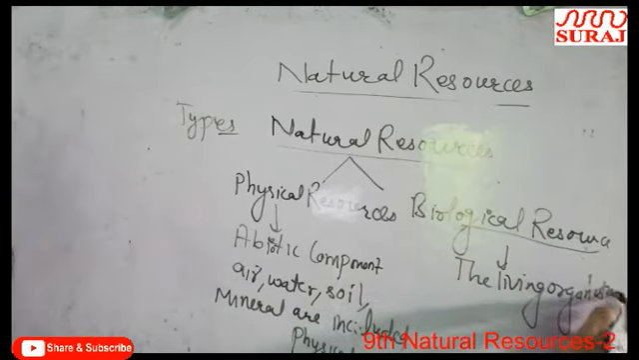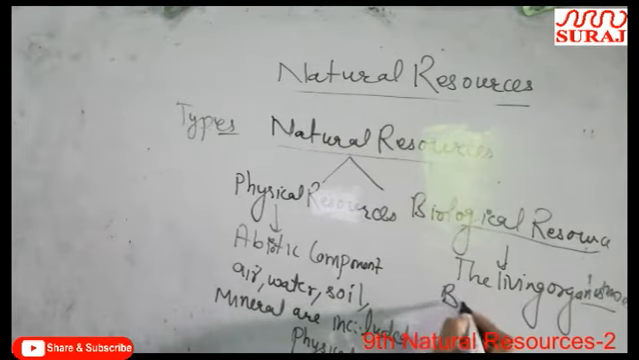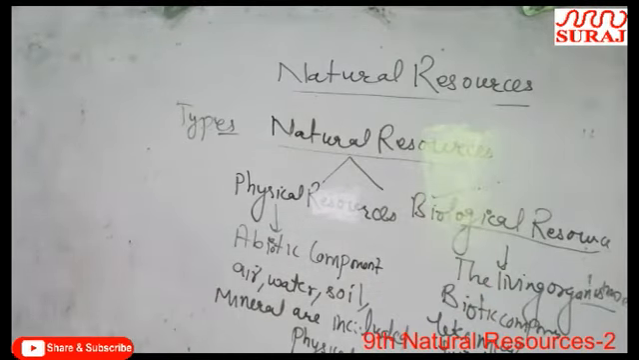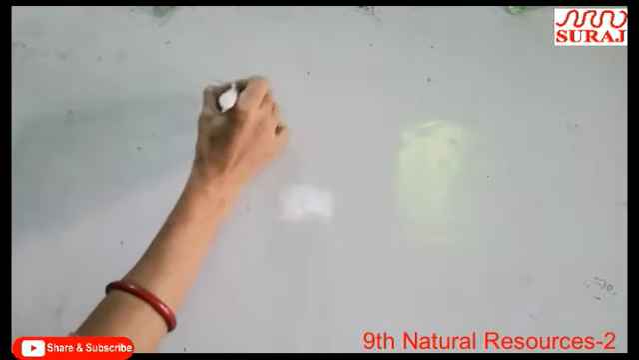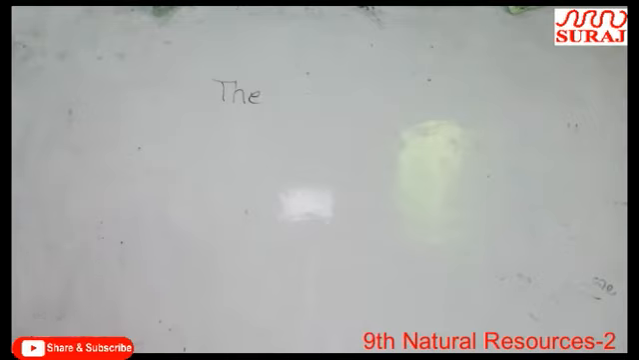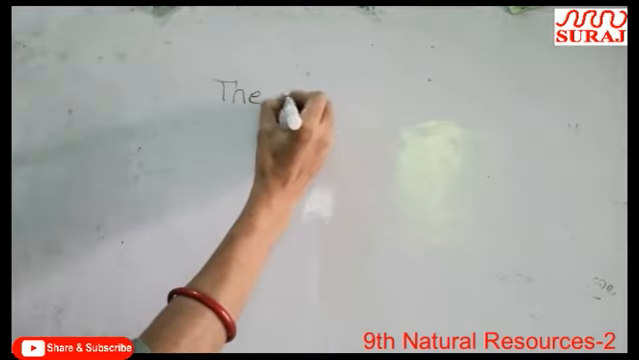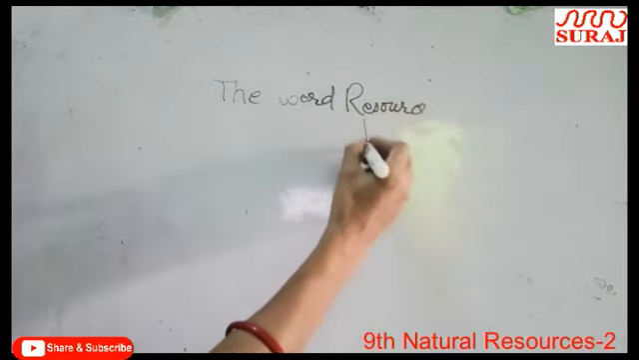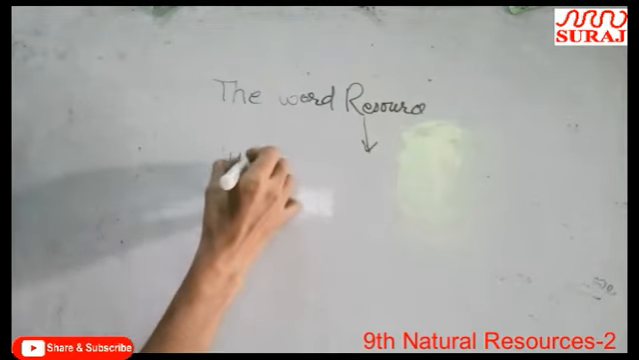organisms, or you can say biotic components like microorganisms, fungi, plants are included in biological resources. The word resource mainly includes the word source. Means क्या होता है? The resource includes mainly supplying